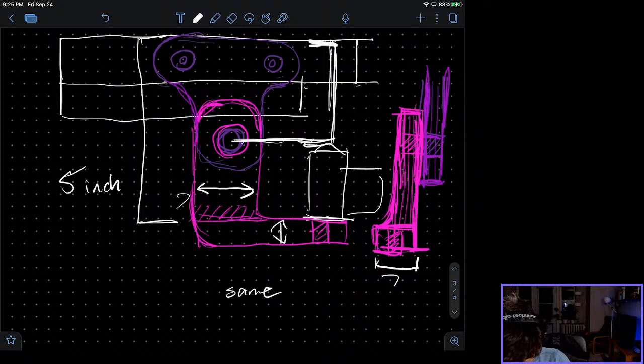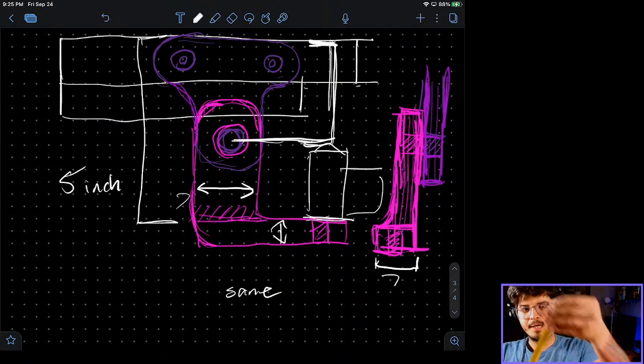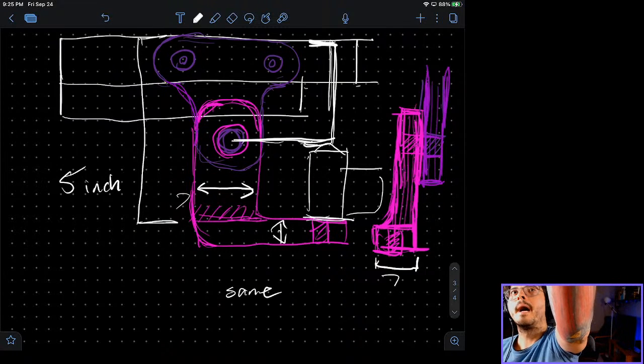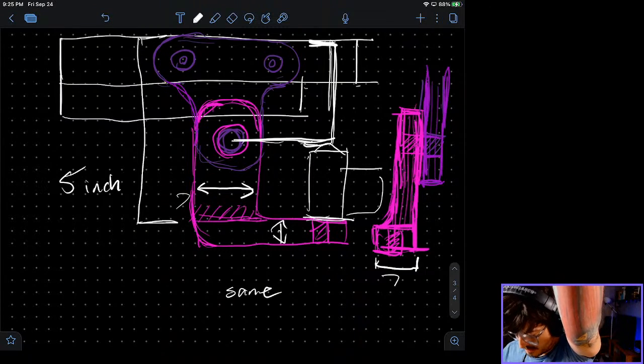That's what I have at 5 inches. So if that's 5 inches, then if I have the screw hole at 3 inches on the top, I have room to turn it, which is great.